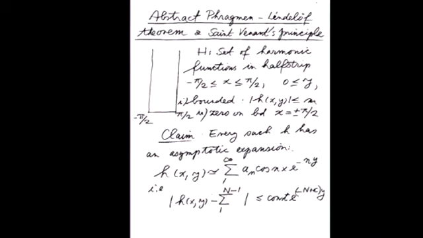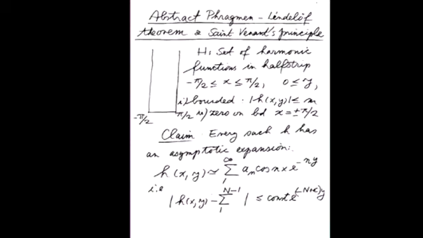pieces of research. It has a nice Scandinavian title, abstract version of the Phragmén-Lindelöf principle, and it's also an abstract version of Saint Venant's principle, who was not a saint but a French mathematician. And I will start with a concrete example and then state and prove a vast generalization of it.